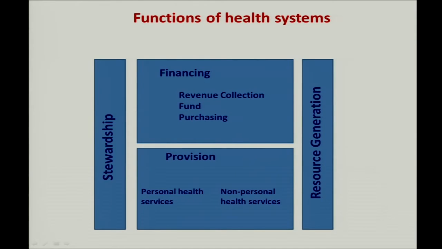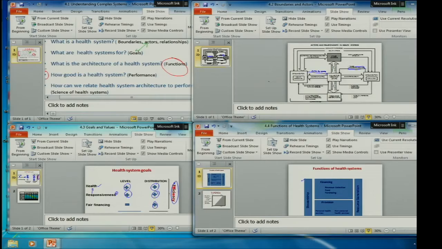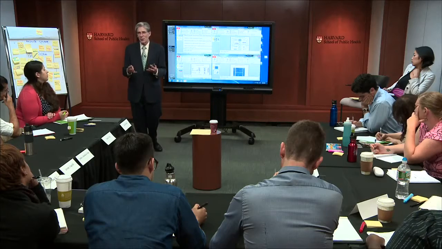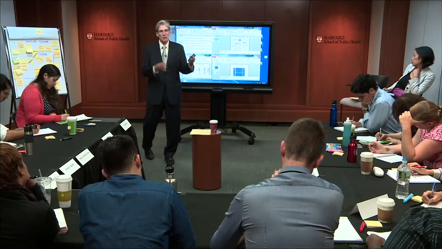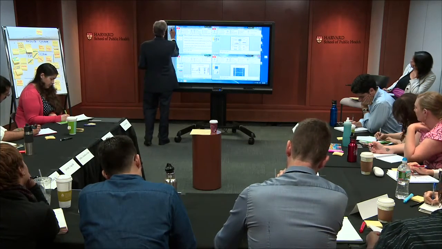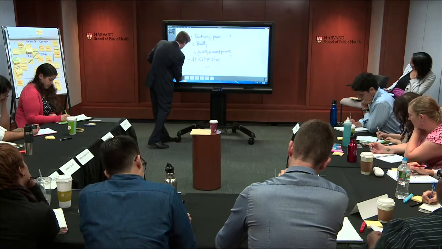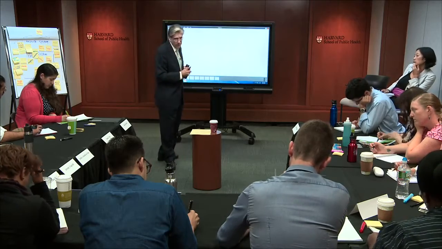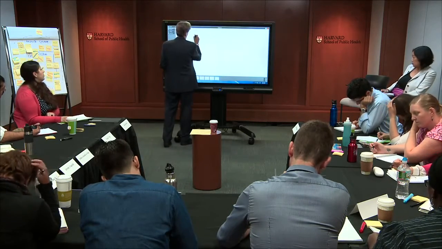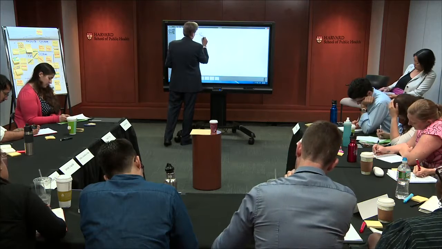So let's just go quickly through some of these. Let's start here with stewardship. This is like the function of functions. Stewardship is about setting rules of the game, including how you will perform the other functions. This is a meta function. It's a function about the other functions. So what does this stewardship include? It includes a number of sub-functions. The first one is system design, right? That's where it becomes a meta function.